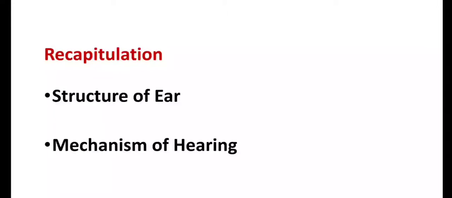Now inside the cochlea, you have seen that there is a duct known as the scala media, which divides it into the upper scala vestibuli and lower scala tympani. On the basilar membrane of the scala media, there is the organ of Corti, which is mainly responsible for hearing. And then we have done the mechanism of hearing, in which we have studied that the vibrations collected by the external ear pass on to the middle ear, then from the middle ear these vibrations pass on to the inner ear. In the inner ear there is the organ of Corti, in which there are supporting cells and hair cells.